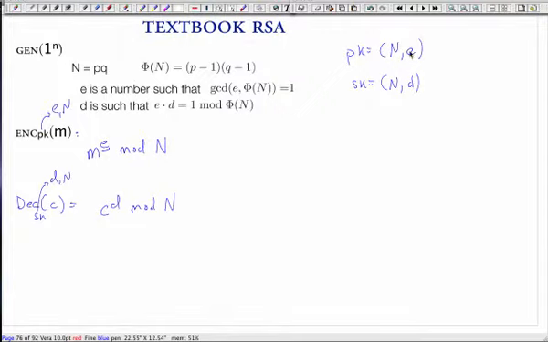Notice, if I just give you N and E, why is it hard to compute D? In fact, very few people know why it's hard. But we know that if you could factor N, you can certainly do it. If I could factor N, then I can basically compute phi of N, and then I can compute D using Euclid. The hard part of that solution is factoring N. We don't know yet how to do that. There might be some other clever way of computing D given just N and E that doesn't involve factoring. Like Euclid found a clever way of finding GCD without factoring. Maybe there's a clever way.